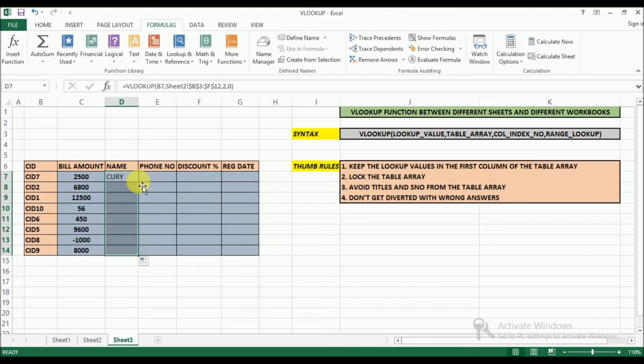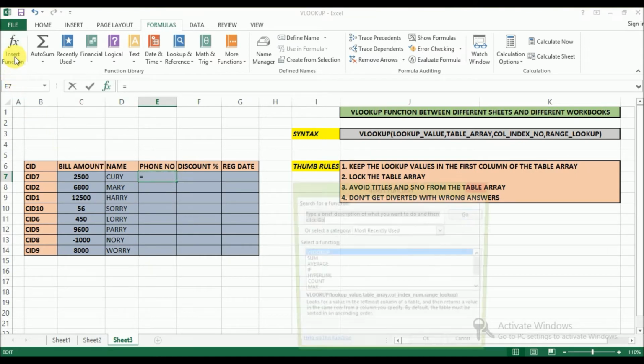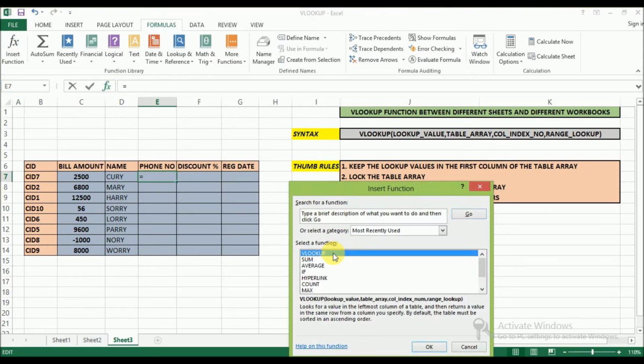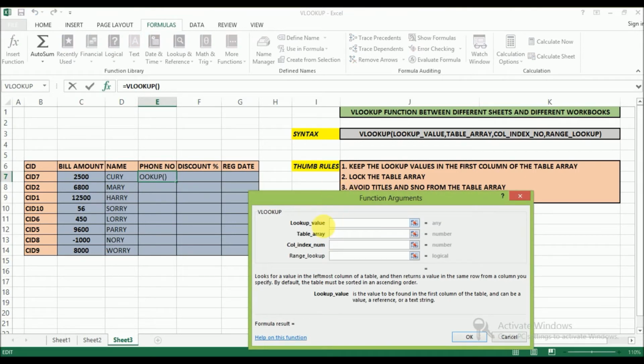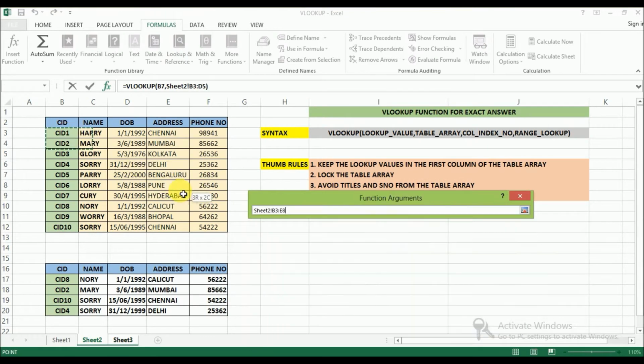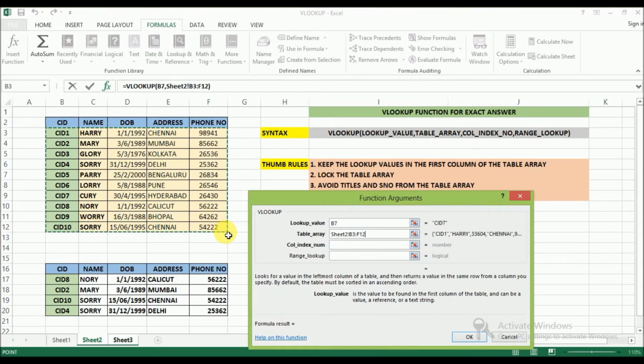I am getting the answer for name, and for phone number I can drag the formula and make changes, but for practice I am inserting the function again. VLOOKUP, lookup value for phone number, it's also the customer identification number, so I am selecting this. Table array, go to sheet number 2, again select the table.